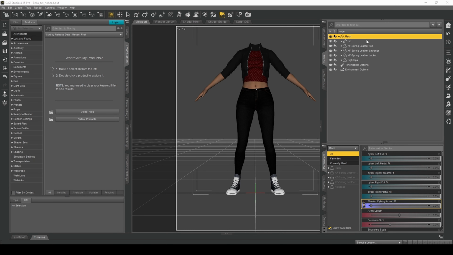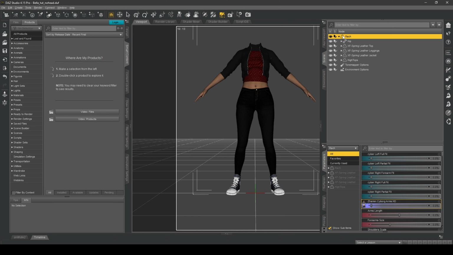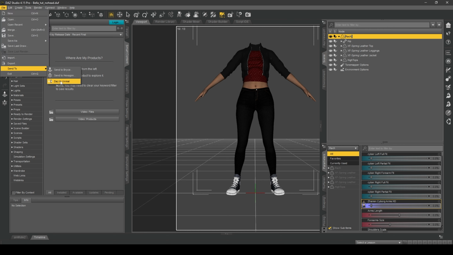Ensure that in the background you have Unreal Engine 5 already running. Then select the root of your character, and go up to File, Send to Daz to Unreal.